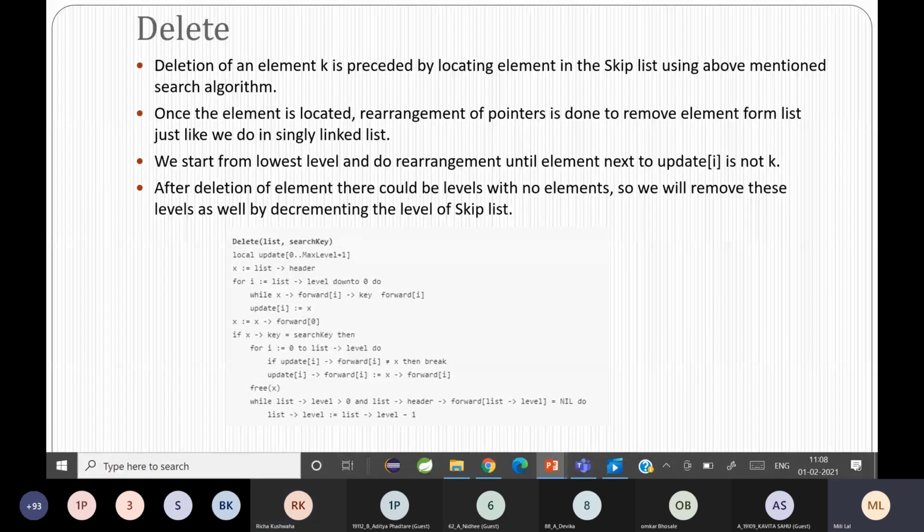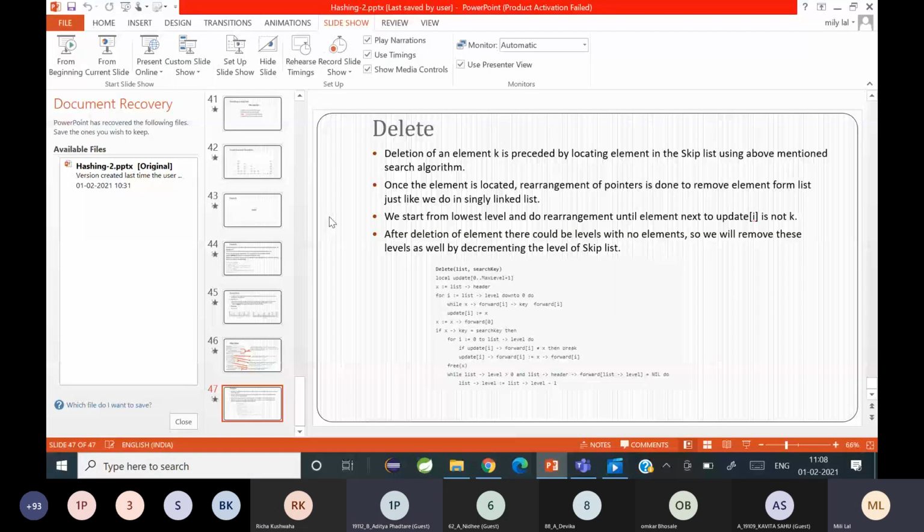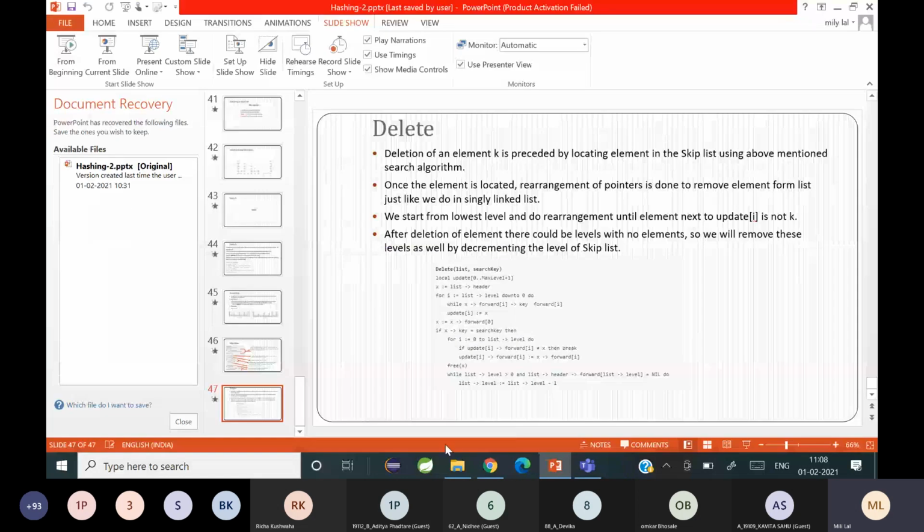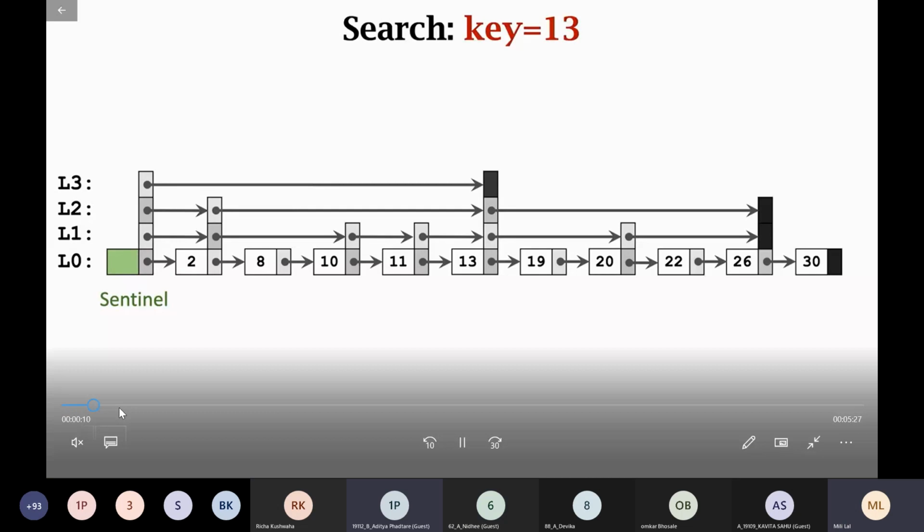Yes, ma'am. Okay, what about others? Is it clear to all? Yes, ma'am. Okay, now I'll show you another one about search. Like they told you to do a search algorithm. The search algorithm is exactly the same, but still we'll just do a revision of that. Can you all see the screen now? Yes, ma'am.